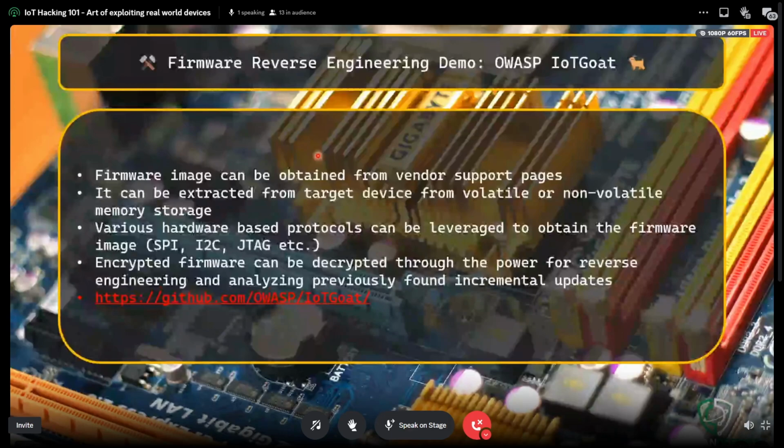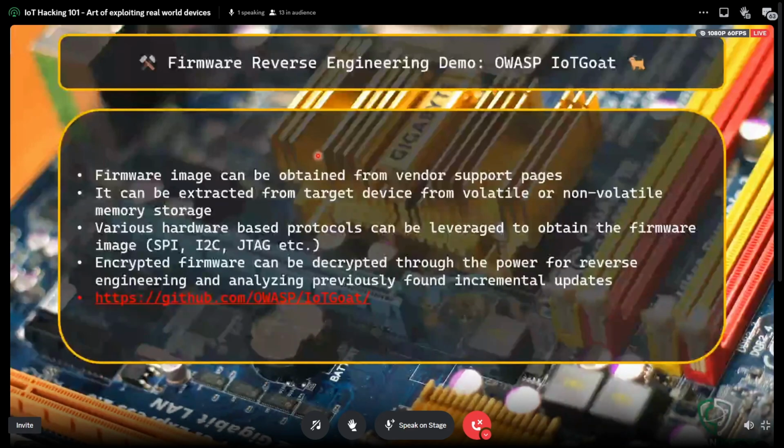SPI is the protocol used for data transfer from your flash chip, whatever you have as a storage chip. That storage chip actually stores the firmware. If you hook up a small external clip device, which costs like $5, you can order it from AliExpress or whatever. You can hook it up to the flash chip and run commands to extract it over SPI.